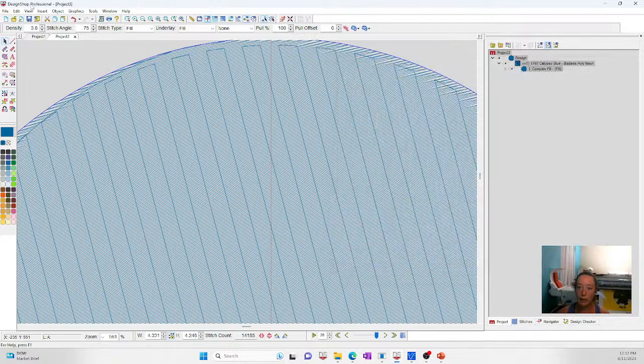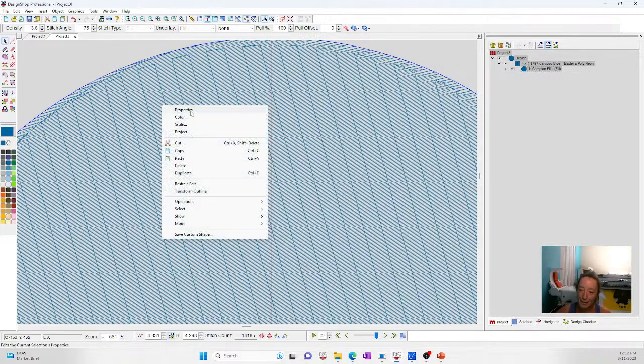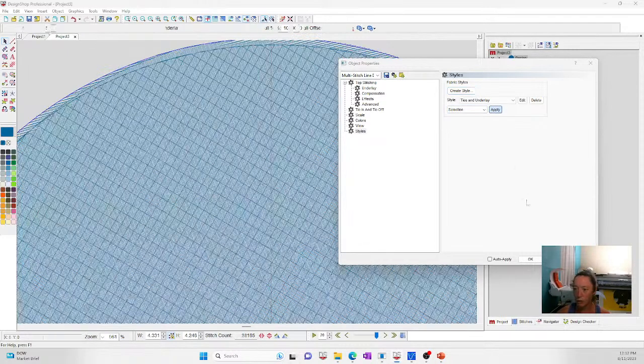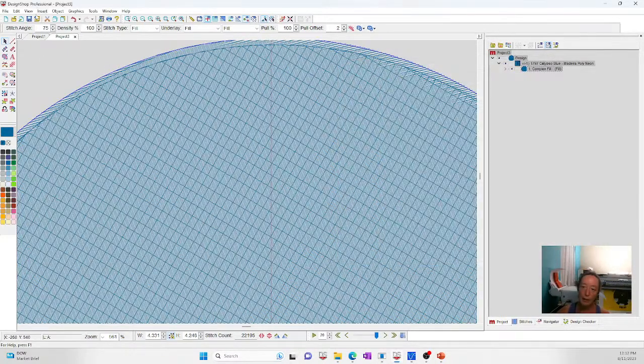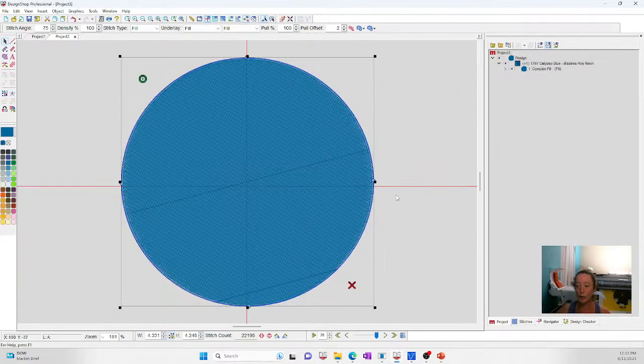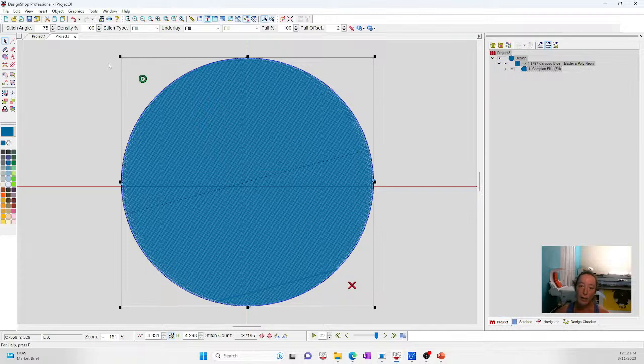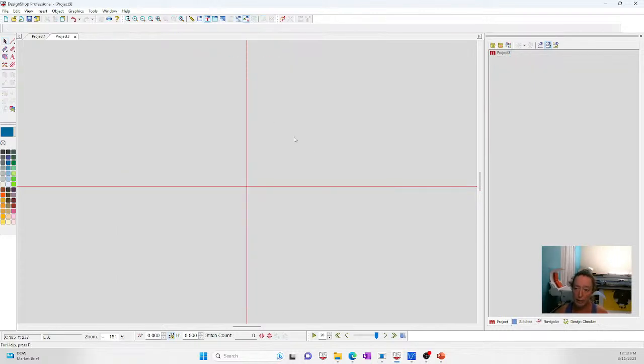I personally adore the new settings a lot. So I only use the auto anymore because I really like that crosshatch. It sews so well. Anyway, that's just a personal preference of mine. So I tend to use auto on everything nowadays, but you can do it however you want, and you can